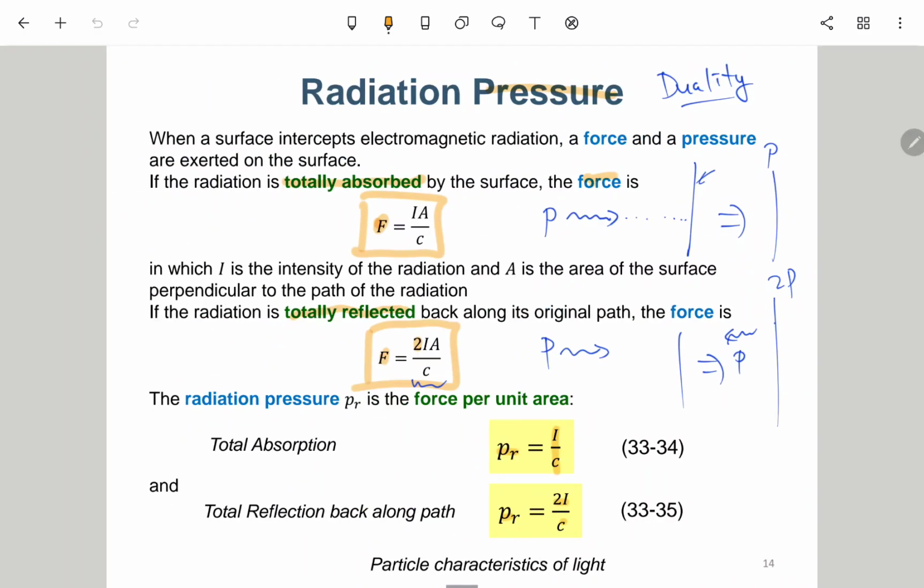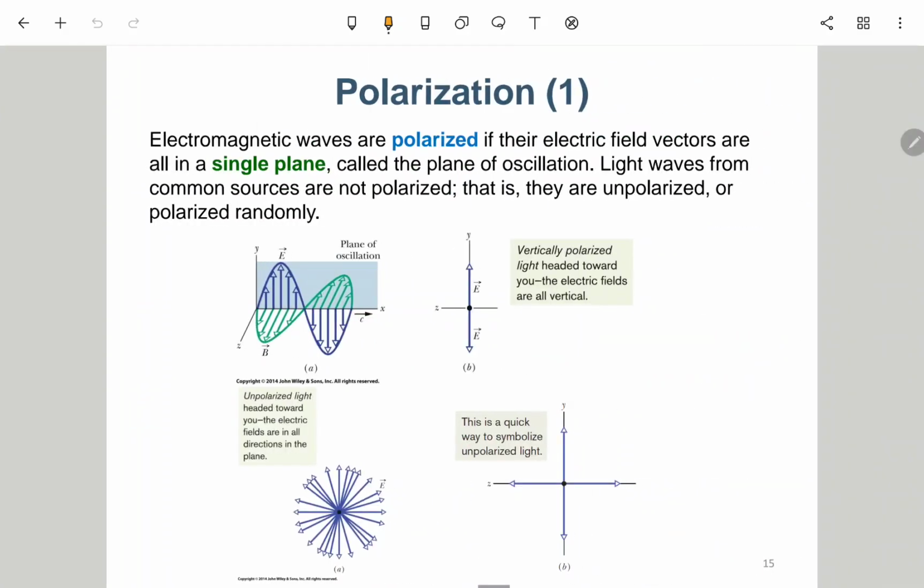Okay, so this is a simple particle property for the EM wave, and then here we go back to the wave property. This one is called the polarization. In Chinese, this is called 极化。极化。